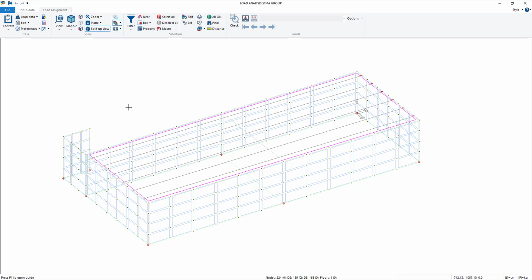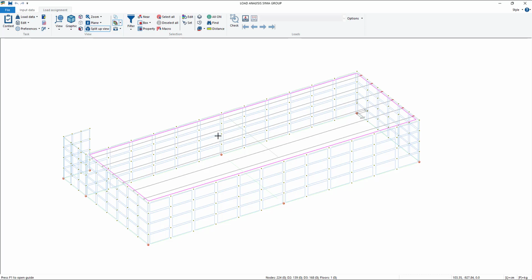We have to insert two kinds of pressure load on this structure, the static one and the dynamic one, so the seismic one generated always from the ground. For the first one, it's quite easy.